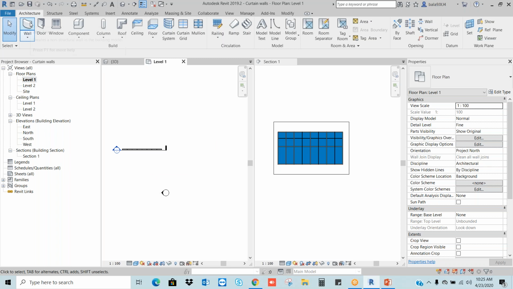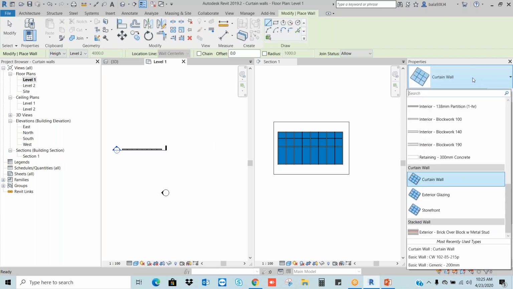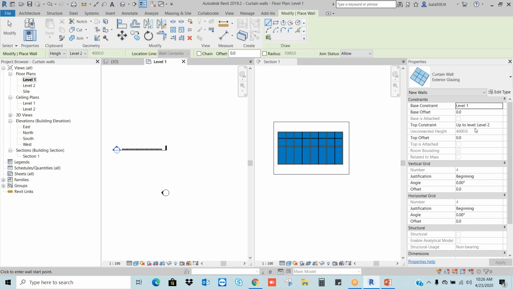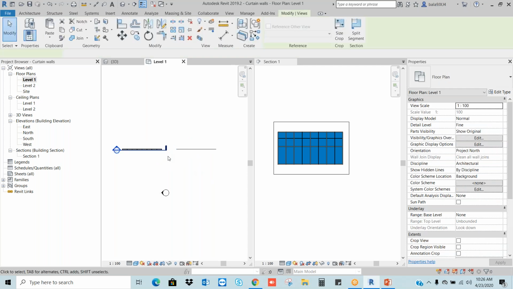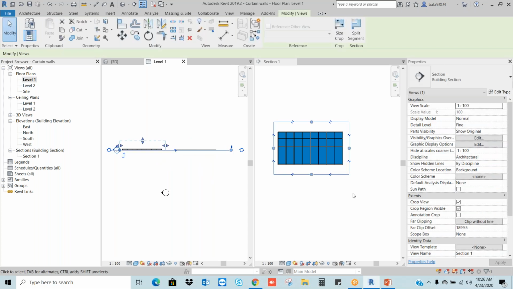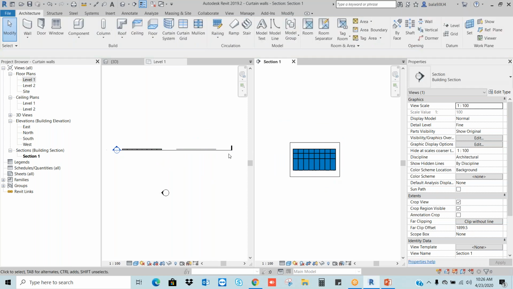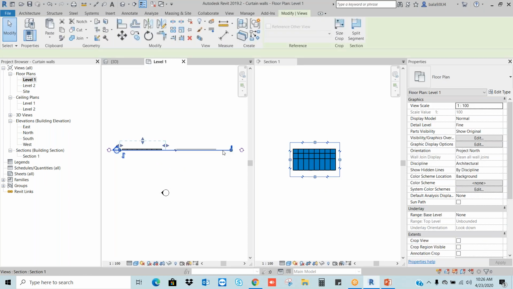This time I will take the wall. In the curtain wall, I'm going to use the second type, exterior glazing. Okay, click it. Base level, top level, I'm going to draw just beside this line. And I will extend the same section here. Okay, right click.